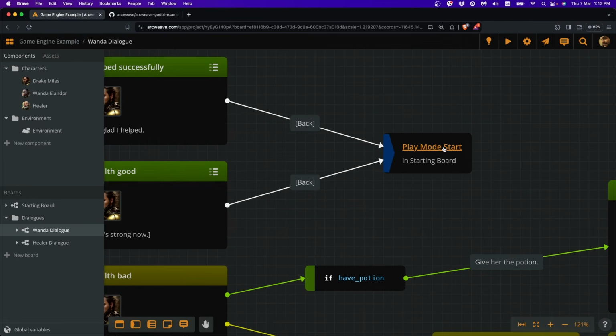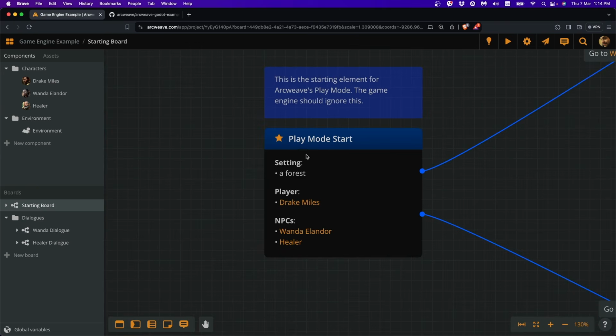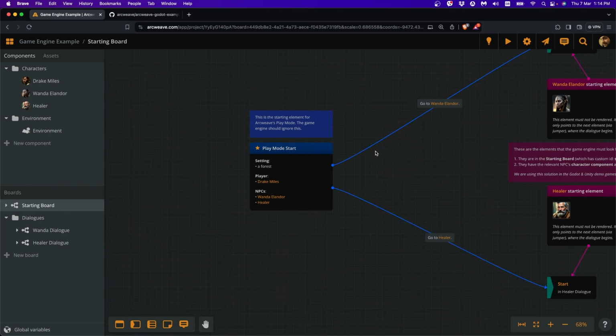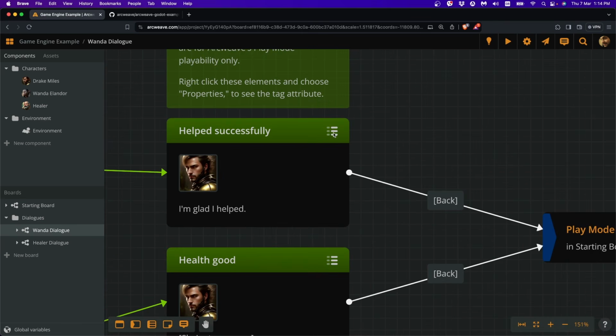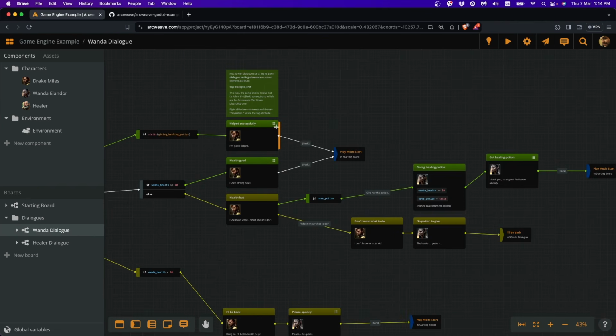Now, the problem here is Godot does not know that it shouldn't be rendering the play mode start element. This is a helper element that we only need to play our project in the play mode here in Arcweave. So how can Godot tell that the dialogue should end before returning to the play mode start element? So we've done this by adding an element attribute in the final elements of each dialogue. So for example, the dialogue with Wanda ends in several ways with several final elements. We have to make sure that all of these elements have